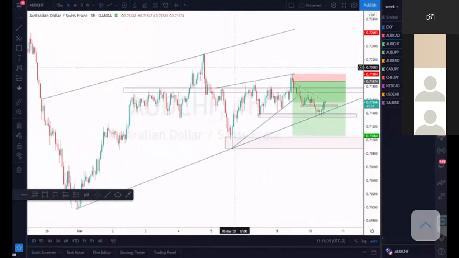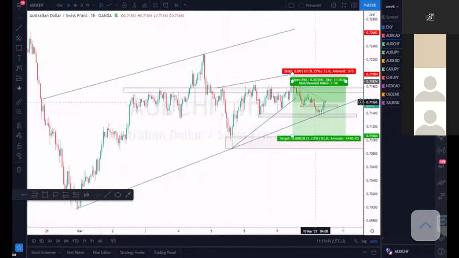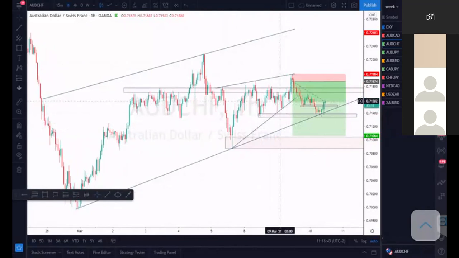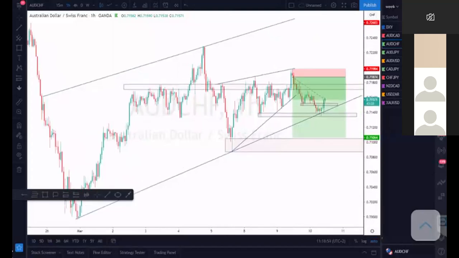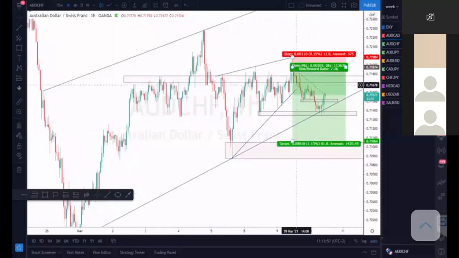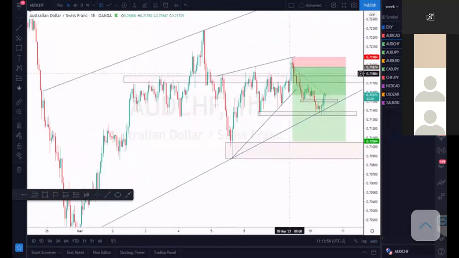Okay, guys, let's get into Aussie Swiss franc. Aussie Swiss franc really hasn't... We have been violating structure to the downside, but I'm not happy about the way the market has been moving to the downside on Aussie Swiss franc. So I'm hoping that we do get a pullback, because remember we spoke about looking for a reduced risk entry